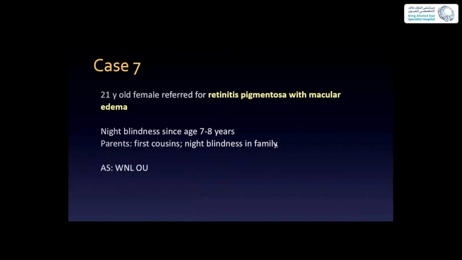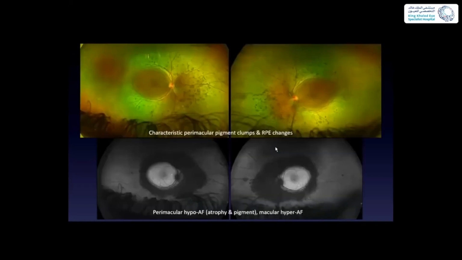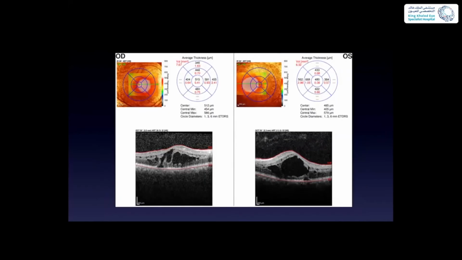She had night blindness since the age of 7 years, and her parents are first cousins. Her features were very similar to the previous case. She has characteristic perimacular pigment clumps and RPE changes, and has these characteristic hypopigmented autofluorescence areas around the arcades and nasally. The macular OCT showed a tremendous amount of thickening, as you can see by the maps right here, and